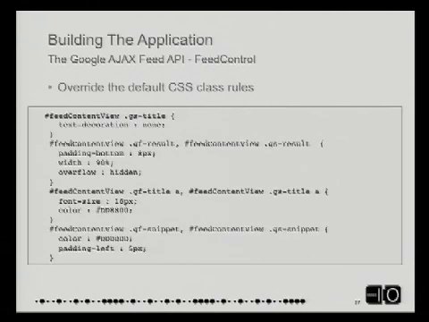I think Vadim helped me figure this out. So these are how we go ahead and say, okay, we don't want any text decoration on the title, even though it's a linkable thing. I don't want an underline on it, let's say. Got some padding and some width issues, overflow hidden on the result. We've got the GF title A and the GS title A. We're going to change the color to that beautiful orange, which I know you all love and think is great.